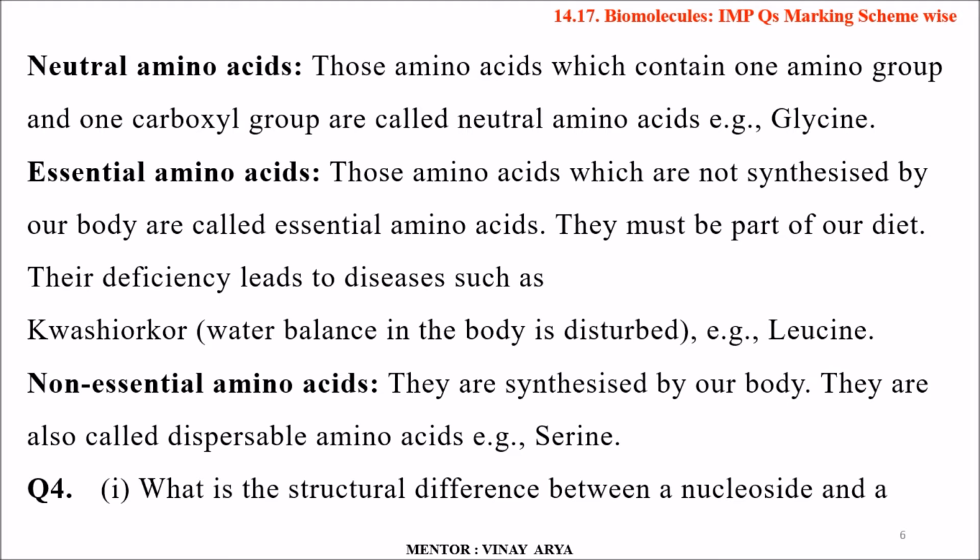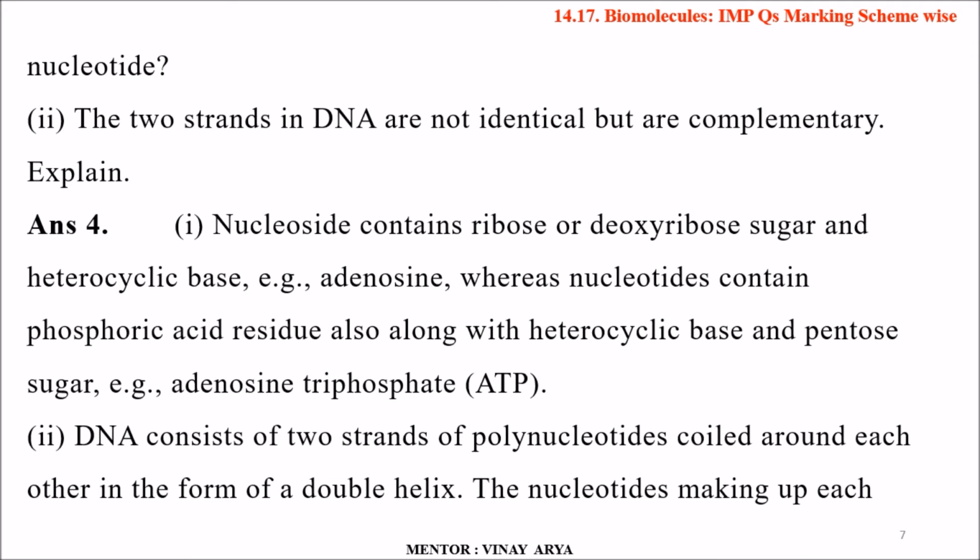Question number 4. What is the structural difference between a nucleoside and a nucleotide? Second part, the two strands of DNA are not identical but are complementary. Explain. A nucleoside contains ribose or deoxyribose sugar and a heterocyclic base. Example, adenosine. Whereas a nucleotide contains a phosphoric acid residue also, along with the heterocyclic base and pentose sugar, that is adenosine triphosphate